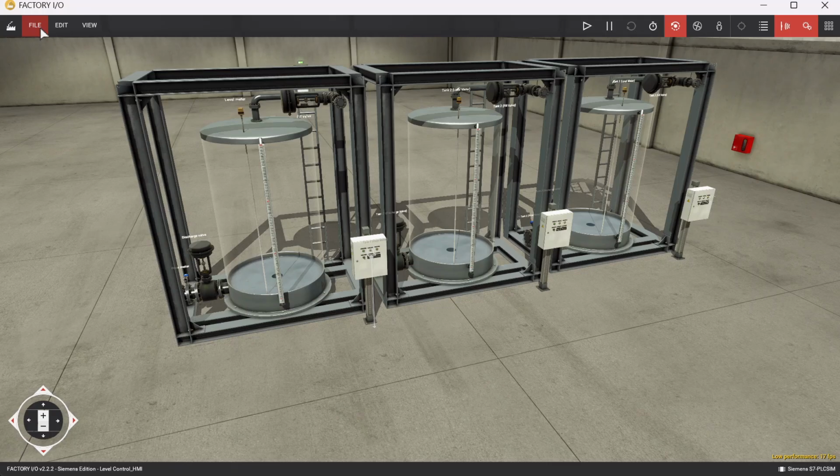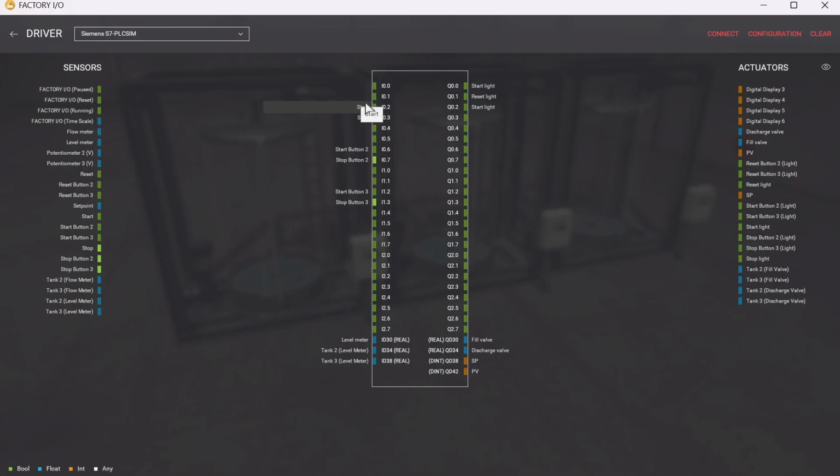So you come to drivers here. If you come to drivers here, you see that I have this here. So we'll add some tags together. So I have this here, start. This is step 7 1200. If you come to configuration here, ensure that you are running step 7 1200 here. So your model is step 7 1200,